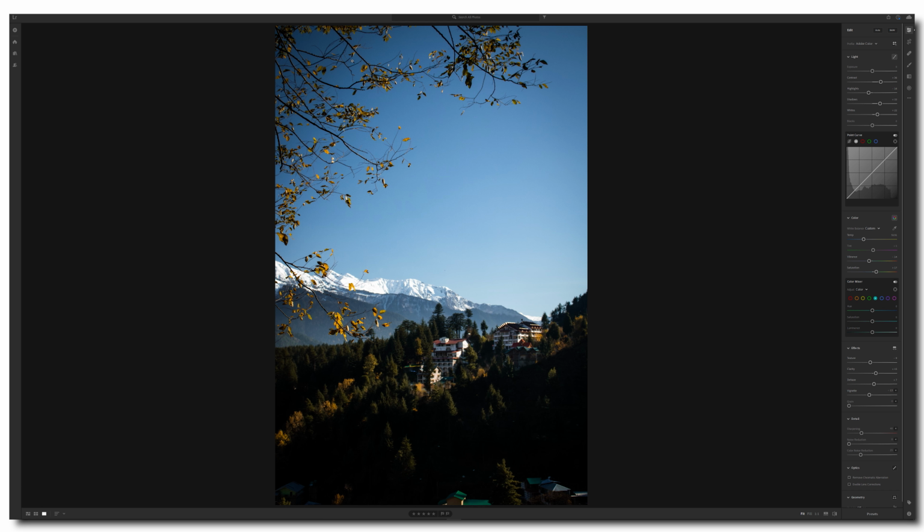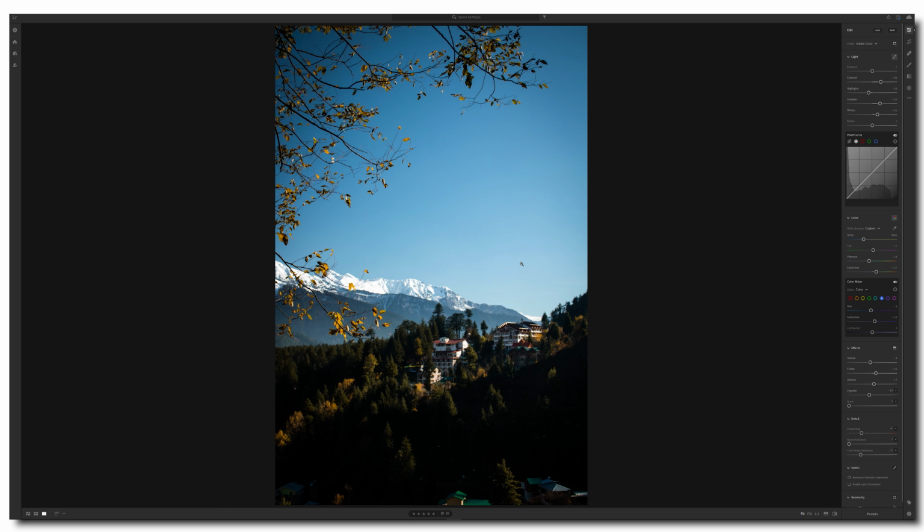The same can be done with the main blue tool. That's going to depend on what kind of look you're going for. You can make the sky purple if you want to, or you can make it extremely teal if you want to. I'm just going to go with a little bit of teal, so -6 looks good. A little bit of saturation or a little bit less saturation in case you guys want to make it look moody. But for this photo, we're going to just go to +10 in saturation, and voila,